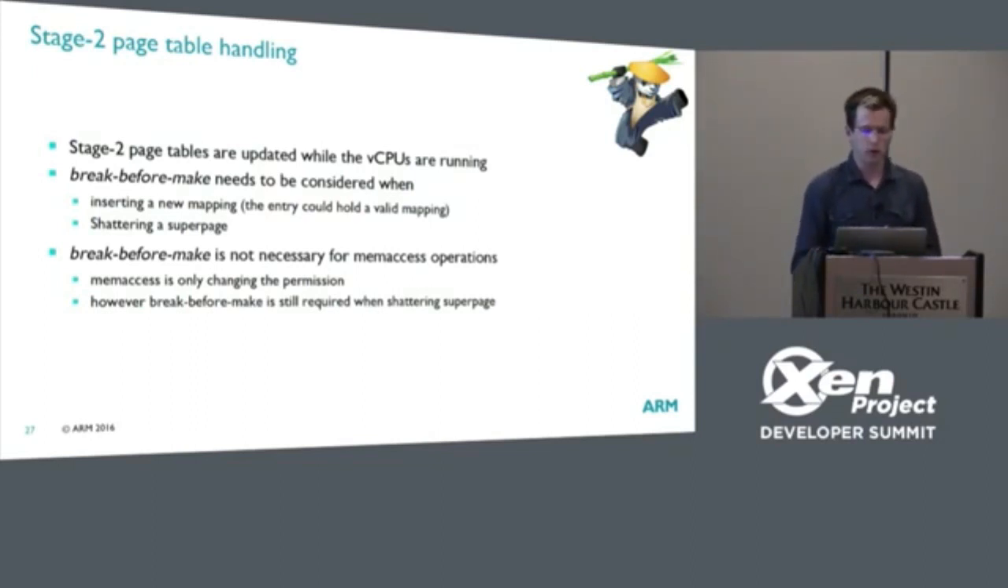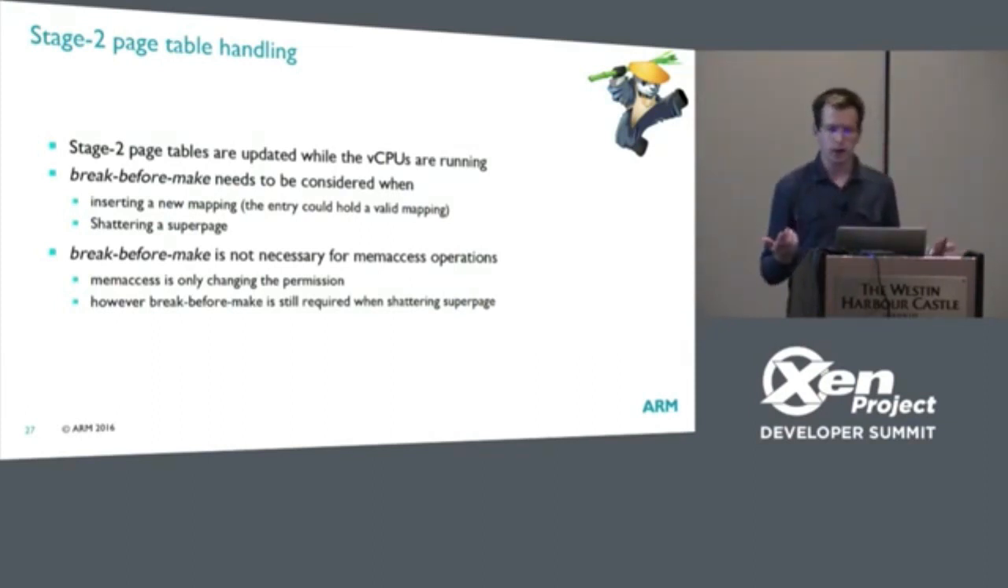Because when you do a mapping on the stage 2 page table, all the CPUs are usually running, because a domain is potentially allowed to allocate more memory for itself, and it will be mapped in stage 2. So we have to consider break before make in two places. When you insert a new mapping, because you may potentially replace an entry that is valid, or when we shatter